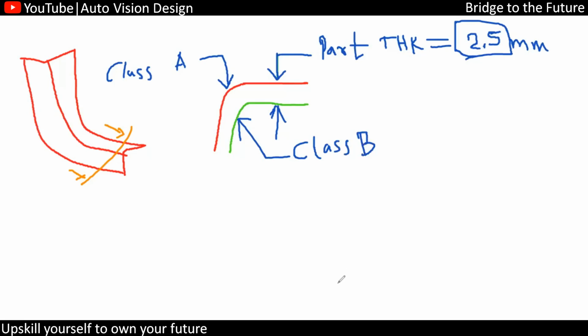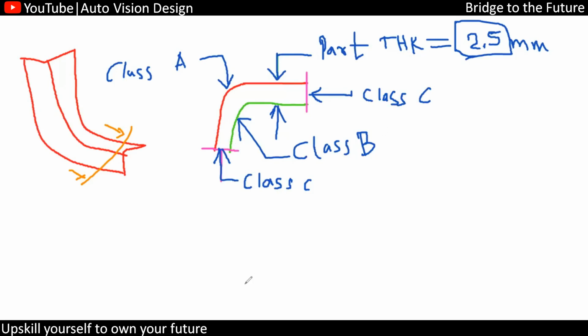And what will be the class C surface? Many people face an issue while trimming this particular class A and class B. Here you can find that whatever joins class A and class B, we can say it is the C surface. Whatever joins class A to class B surface is going to be called a class C. So joining class A and class B, we have class C.